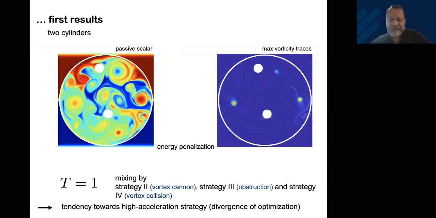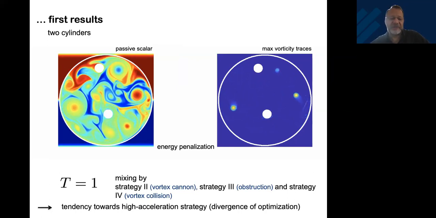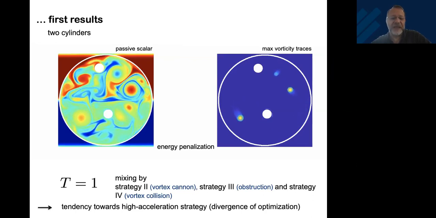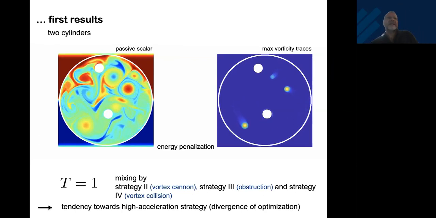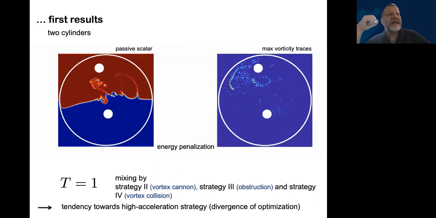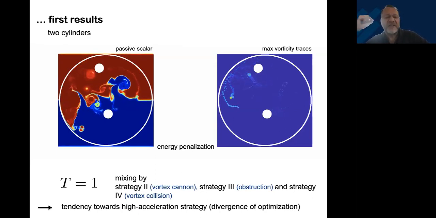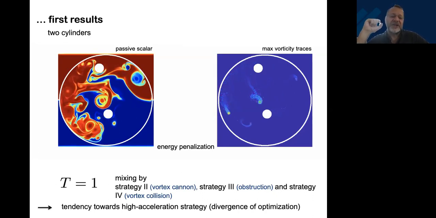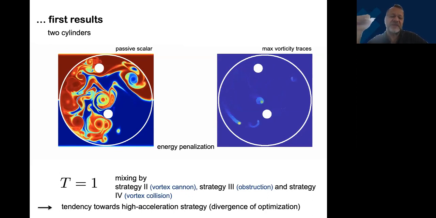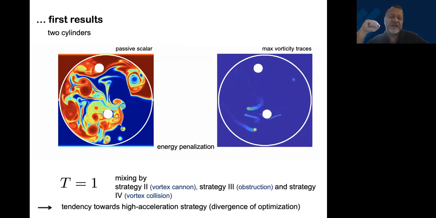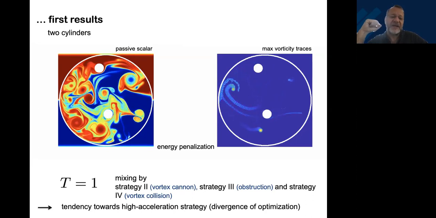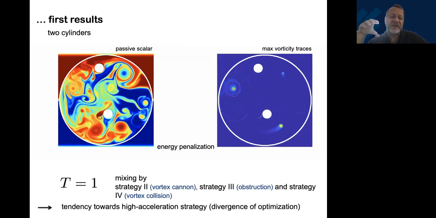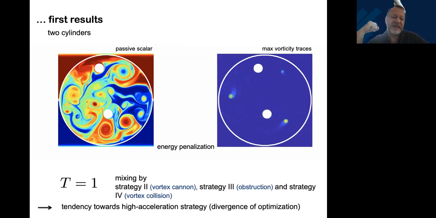Okay. But as I said, this is a diverging optimization. There is no upper bound to it. We have to restrict it some more. And now if you actually think about it, the energy penalization is not enough. A velocity penalization is not enough either, because the strength of the shed vortices for starting and stopping is actually proportional to the acceleration. Okay? The more we accelerate, the more we get vorticity pumped into our mixing strategy.